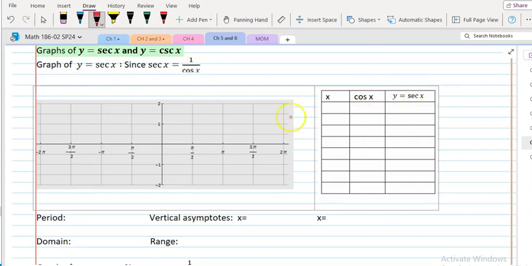So I'm going to get the table values of x and cosine. Actually, you know how to graph cosine, right? Cosine function, if you look at the unit circle, is the x value of the points of intersection of an angle to the unit circle. So at the main points, we have